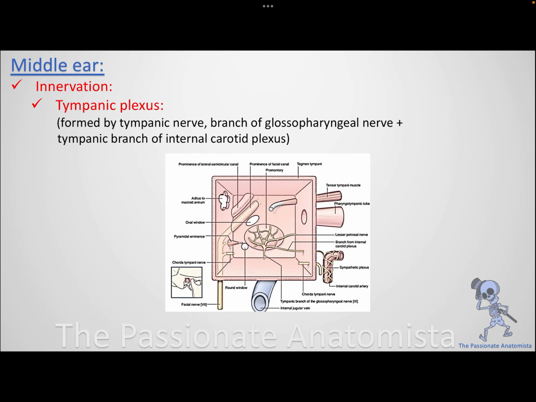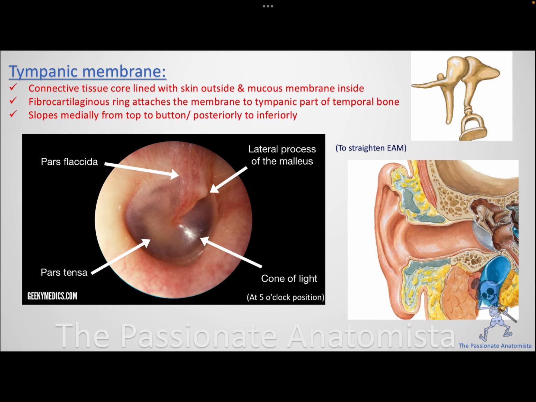Now, what would be the innervation? We already talked about that in the medial wall. It's basically the tympanic plexus, and as I said twice or three times by now, it is formed by the glossopharyngeal nerve and the tympanic branch of internal carotid plexus. So what do you think the innervation of the eardrum would be? The inner surface? It is glossopharyngeal nerve, because this is what you have in your middle ear, right? Now, the tympanic membrane